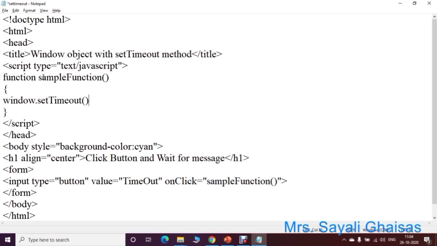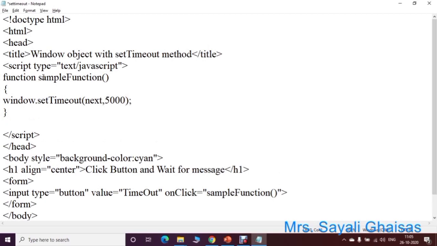Within this method we have to specify a name of function, that function is next, as well as a number of milliseconds. Suppose we specify 5000 milliseconds. So after 5 seconds message will get displayed, specified within a next function.